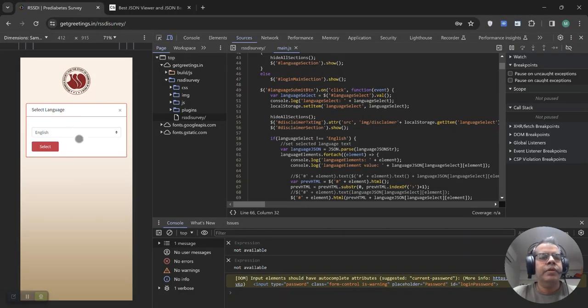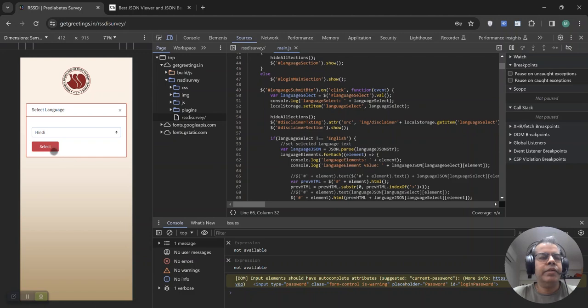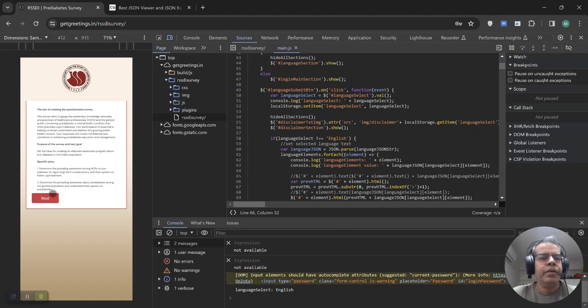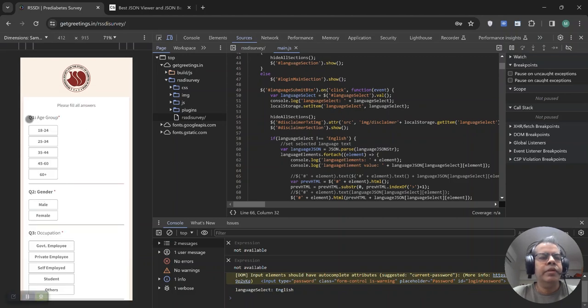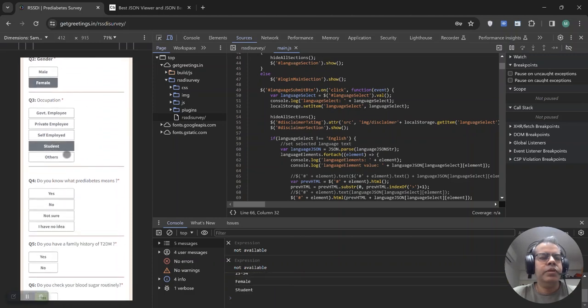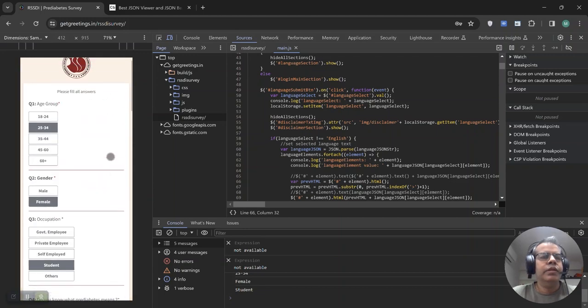This is our app. It has a selection of multiple languages. Based on the language that you select, the internal text will change. So let's go with English first. There's a disclaimer, and this is basically a survey app. You have questions and you have responses to that. So question one, option 1, 2, 3, 4, 5, like that, and the user can select their options, and then they can go to the end and submit this. So this is in English, this is the default,